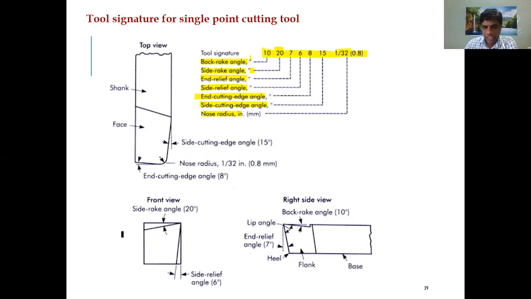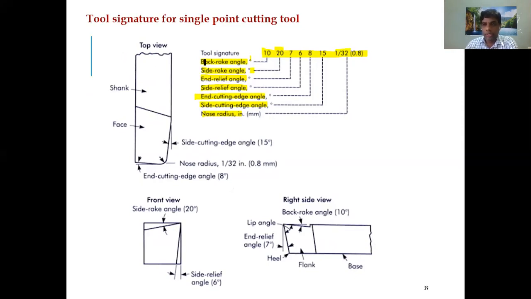I think for clear understanding, this is given here. The same pictures you have seen previously. This is the side view. This is the front view. This is the side view, and this is the top view. The top view is supposed to be here as per engineering drawing, but for convenience they shifted it here. So these are the same images you have seen.